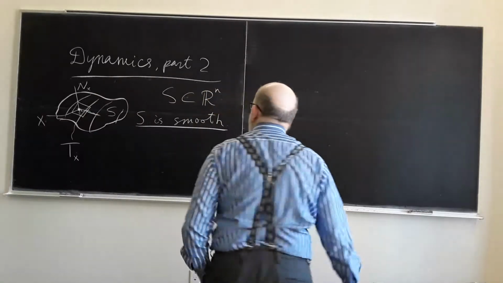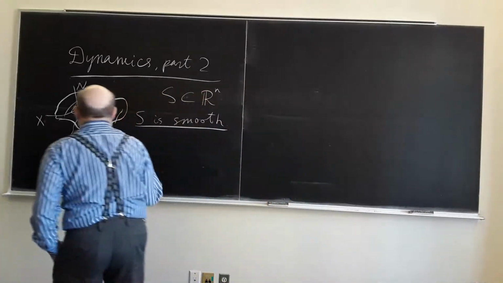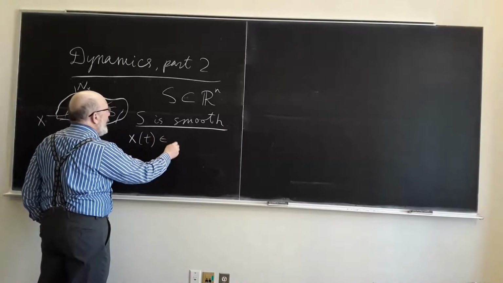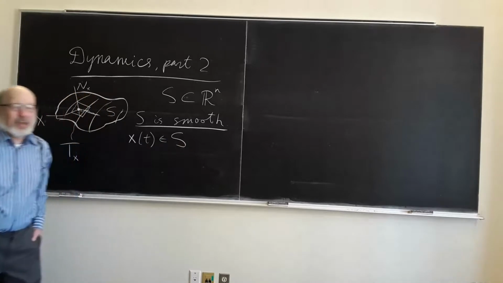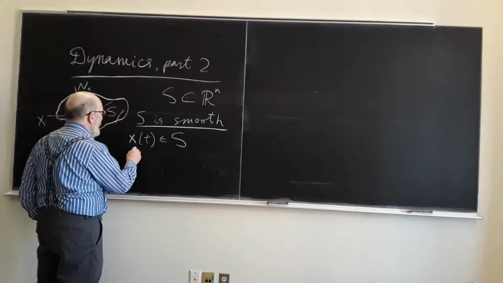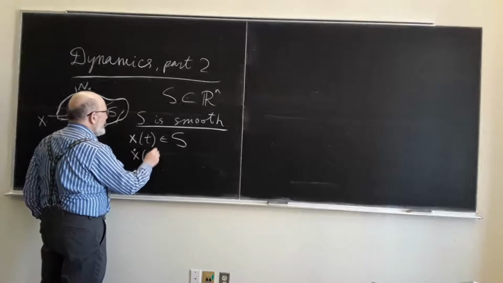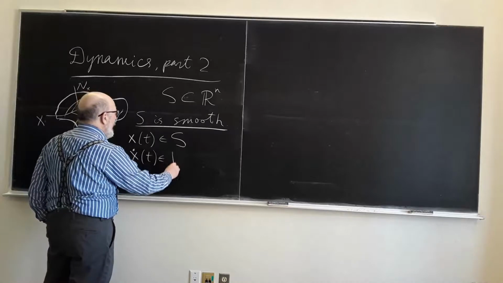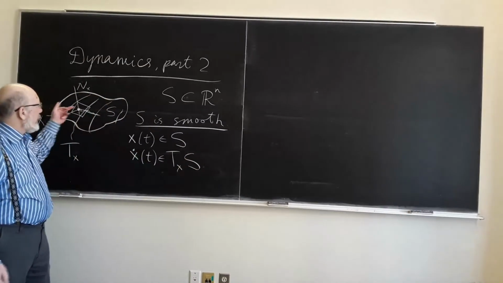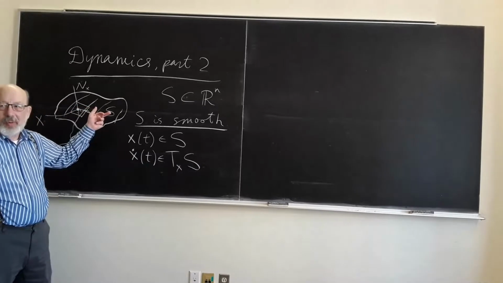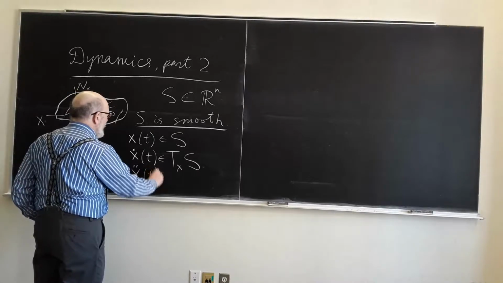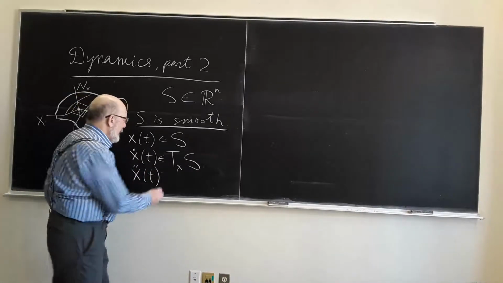And the motion equation is: the trajectory x of t at every t is on S. X dot of t is tangent to the surface, and most interesting, the acceleration x double dot of t is